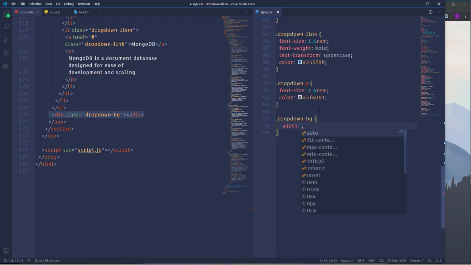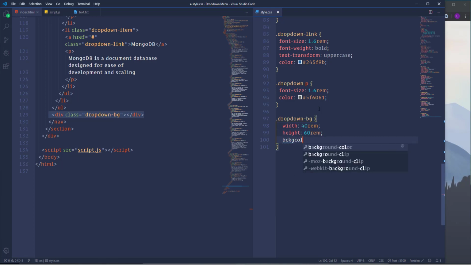I'm going to set width to 40 rem. As for the height, I'm going to make it 60 rem. Actually, we defined those properties and values just temporarily. Eventually, we will set them from the JavaScript. So now, in order to make the background visible, I'm going to define background color. I want the background to be slightly transparent. So let's use here RGBA value